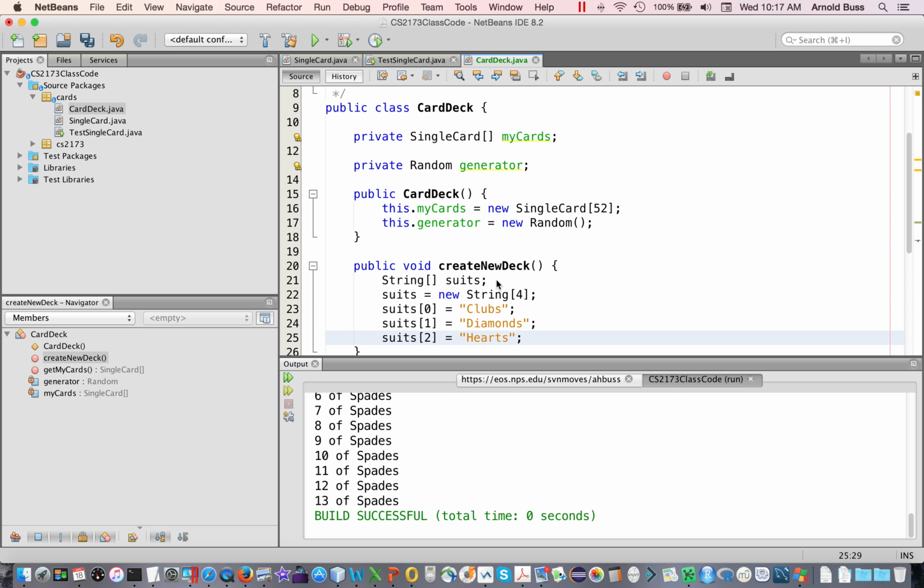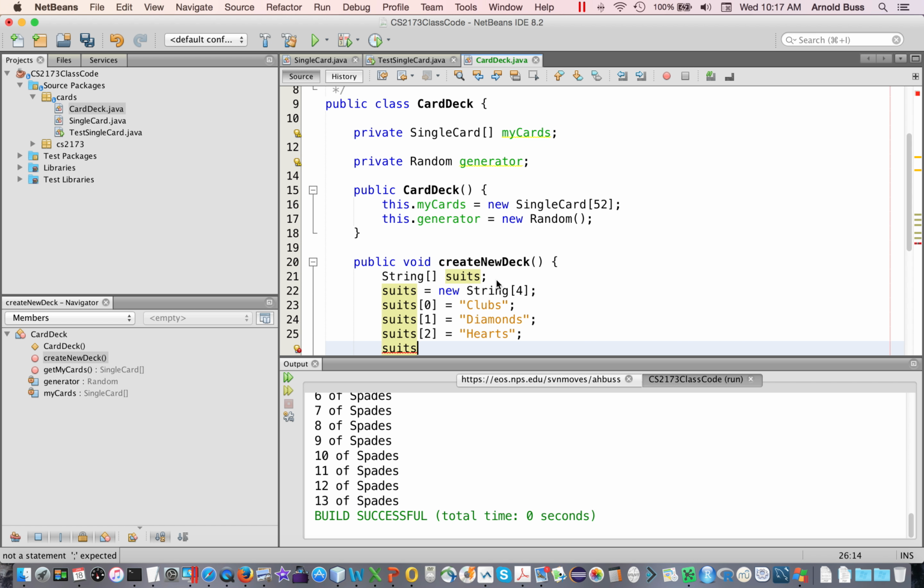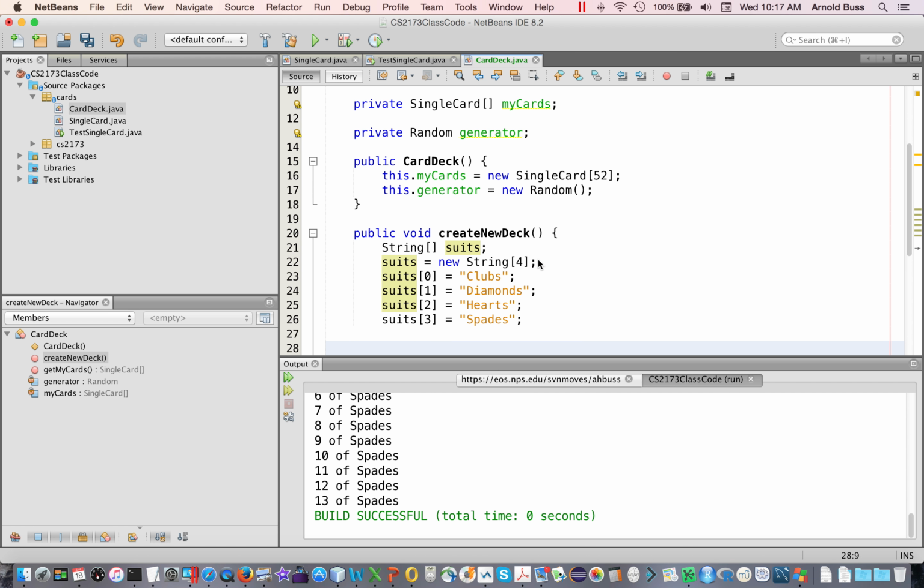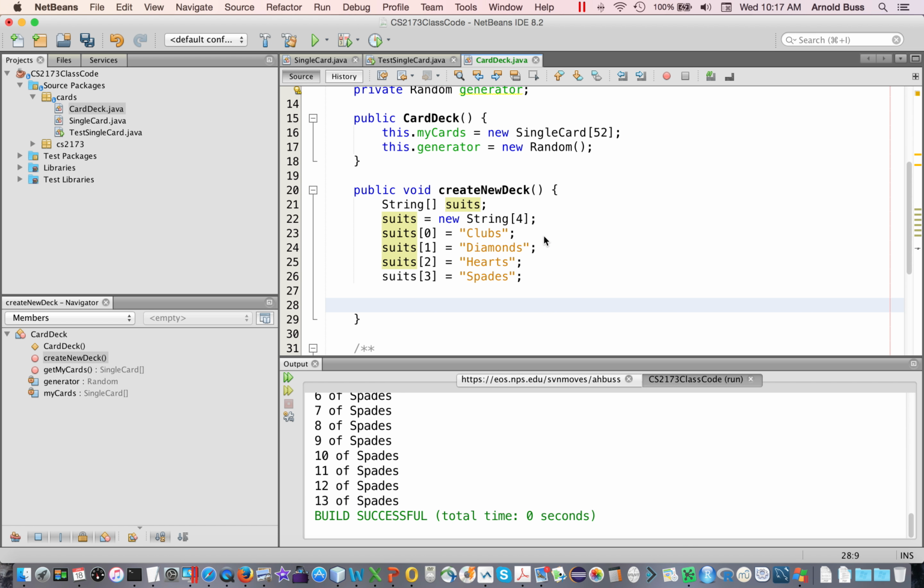Making sure to spell it correctly. Okay, so now that we have our suits, what we're going to do is first loop over